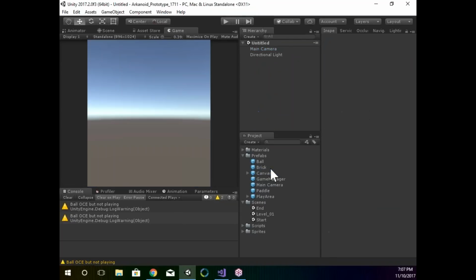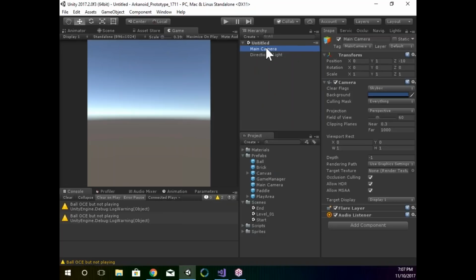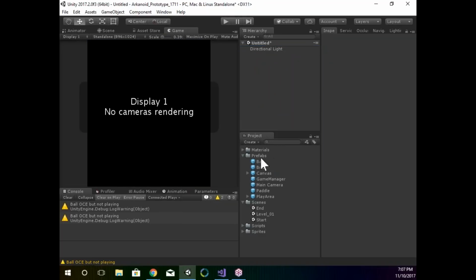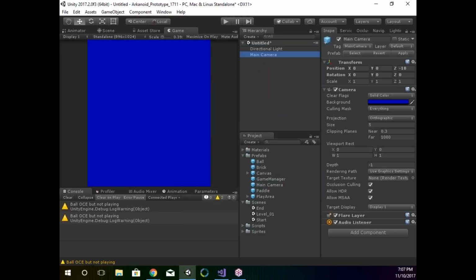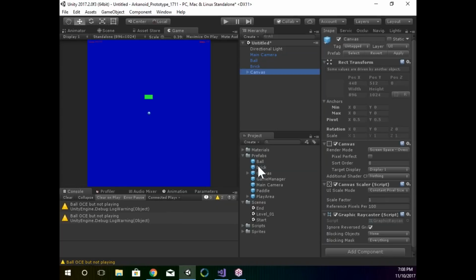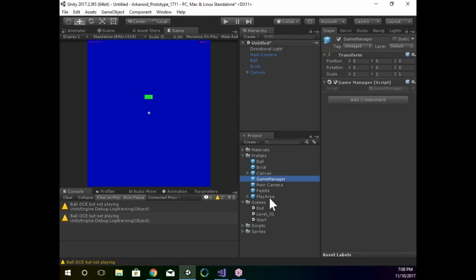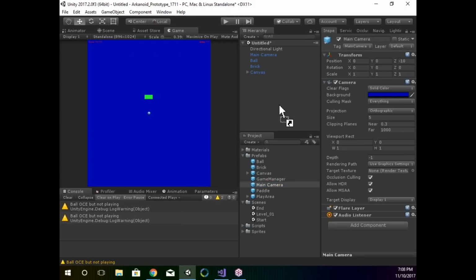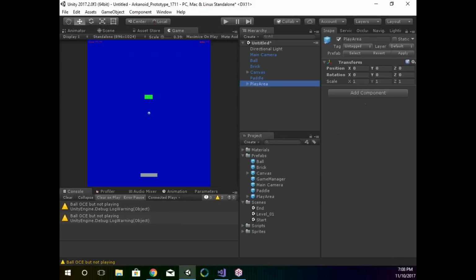Now if I create a new scene, a completely blank scene, I can get rid of the existing camera. I can drag in my camera. I can pull in the ball, I can pull in a brick, I can pull in a canvas. I could pull in a game manager if I wanted to run from here. Let's just, for demonstration purposes, leave that off. I've already got the camera. Let's pull in the paddle, and let's pull in the game area. So if I start running at this point,